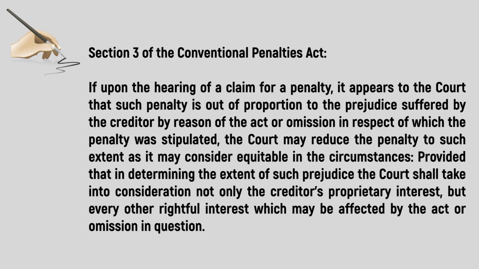Although not entirely relevant for this episode, take note that should you be required to pay a penalty due to non-compliance with certain terms, before you make payment thereof, consult the Conventional Penalties Act. Section 3 of the Act states that if upon the hearing of a claim for a penalty, it appears to the court that such penalty is out of proportion to the prejudice suffered by the creditor, by reason of the act or omission in respect of which the penalty was stipulated, the court may reduce the penalty to such extent